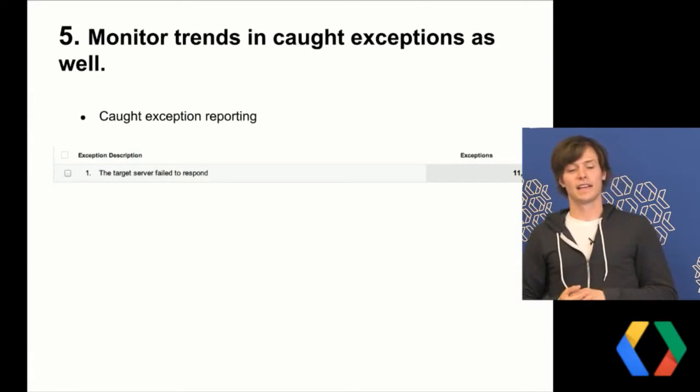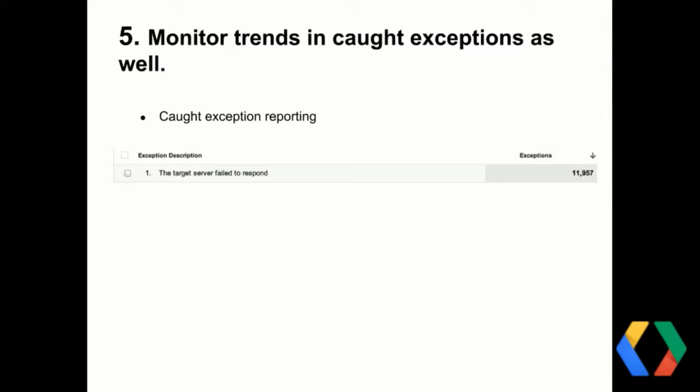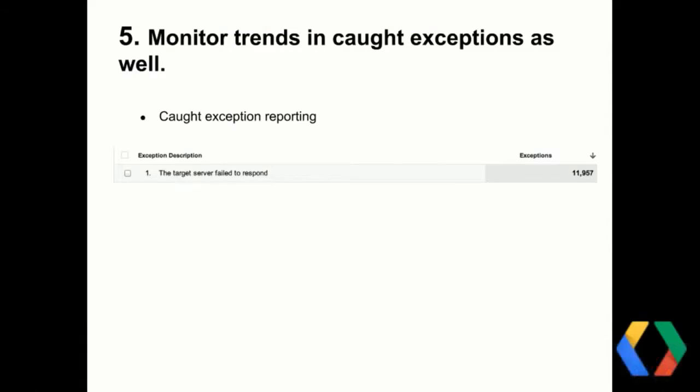So on the reporting side, what that might look like is that you get something like this. This is sort of a similar example. I pulled it from a real live account, one of ours, where a caught exception kept coming up when the server was failing to respond. So basically, users were asking for data. They were sitting there waiting for it, and the data was not being returned. So we wanted to make sure we caught that exception. And this is what it would look like in your reports.